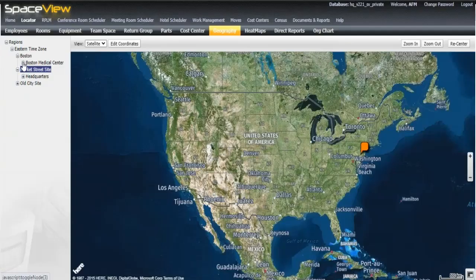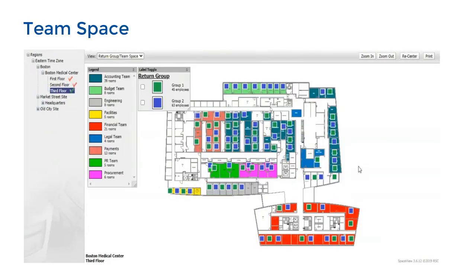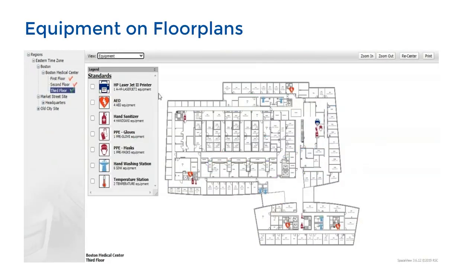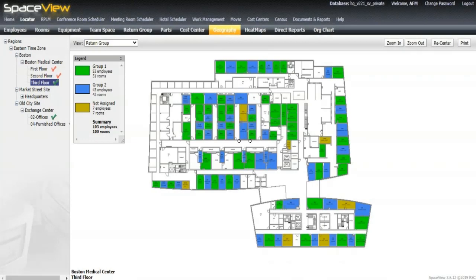Today in our RSC Knowledge series, we are going to be going through other useful tools for repopulating your buildings in a post-COVID-19 world. They are return groups, team space, and equipment on floor plans. With return groups, we'll be going through how to visualize seeing where different plans for a staged return to office,